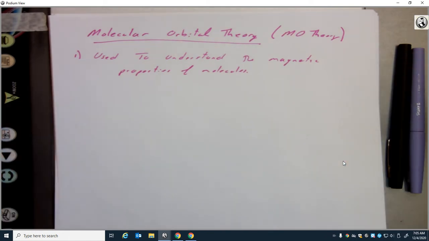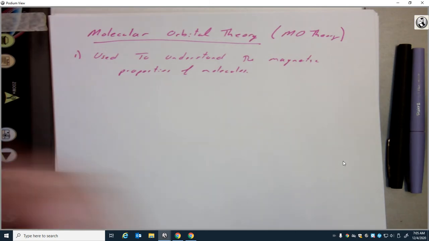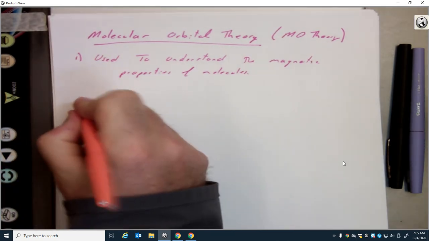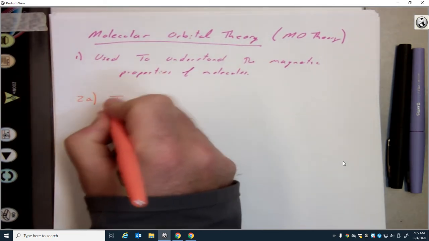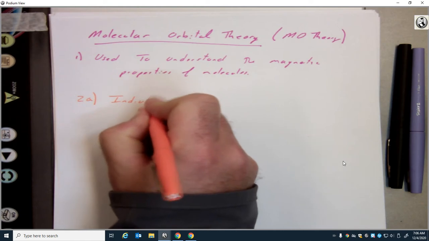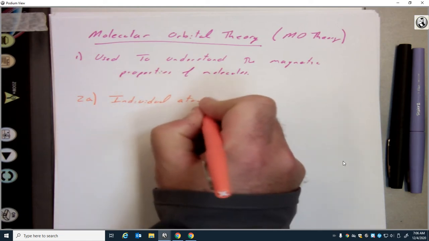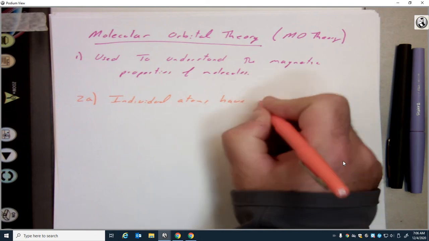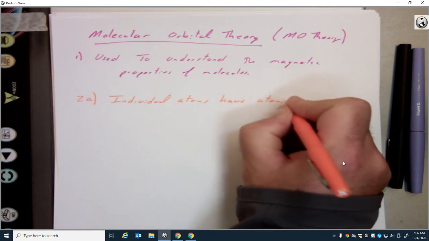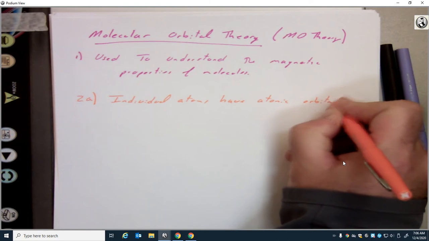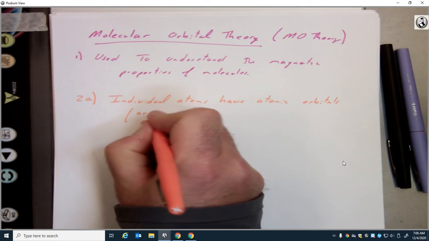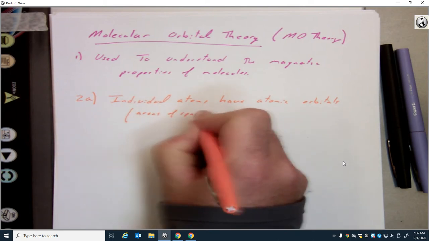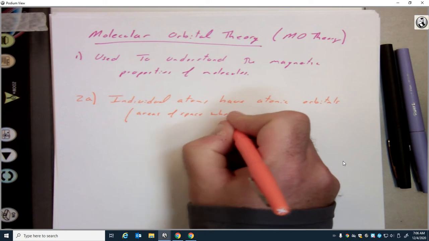So we've talked about orbits before and orbitals. Let's label this A. So when we're talking about individual atoms, they have what are called atomic orbitals. Those are areas of space where